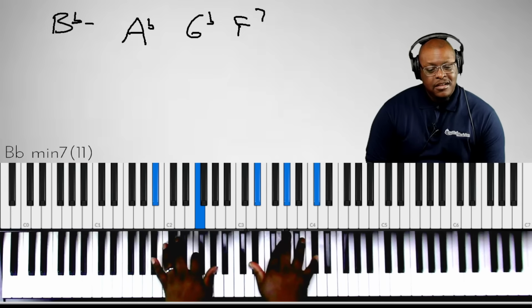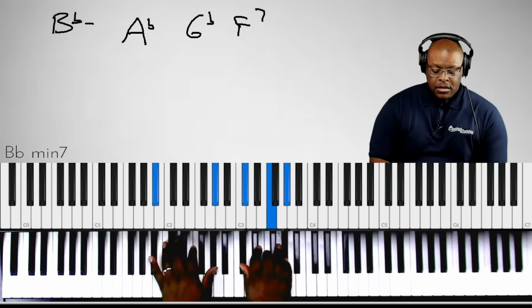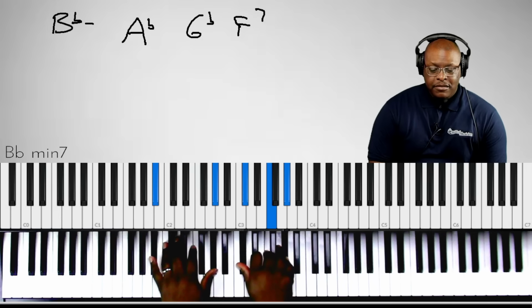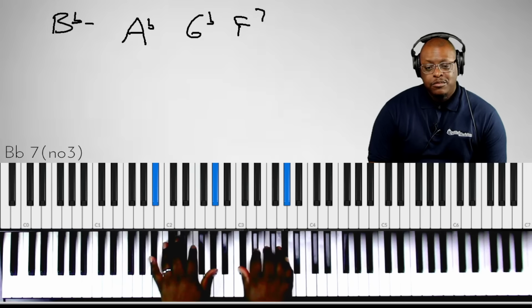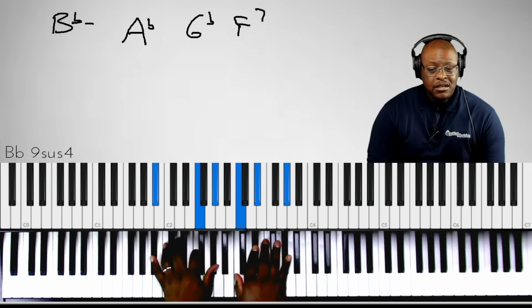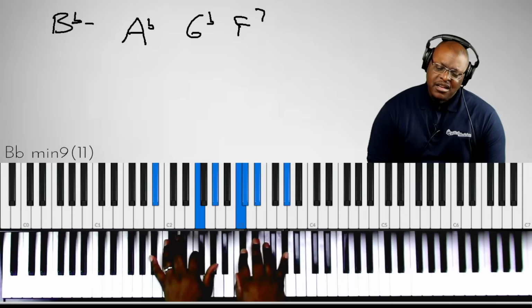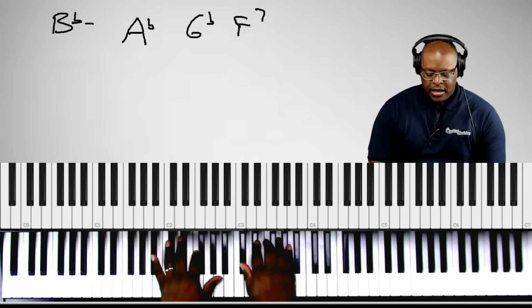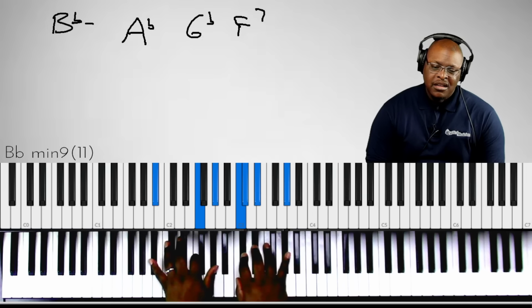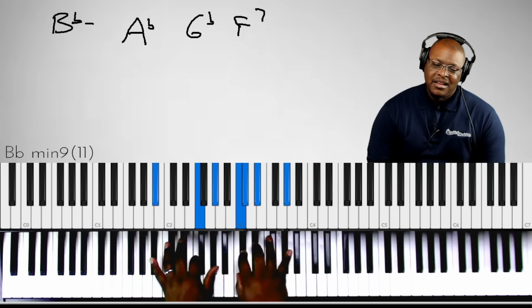You see it? Let's do another one. So I'm doing B flat minor 7 right here. I'm gonna take these two notes and change it, move them down. And I need the third somewhere, I'll add it. There we go. All right, I literally can do this for every chord.